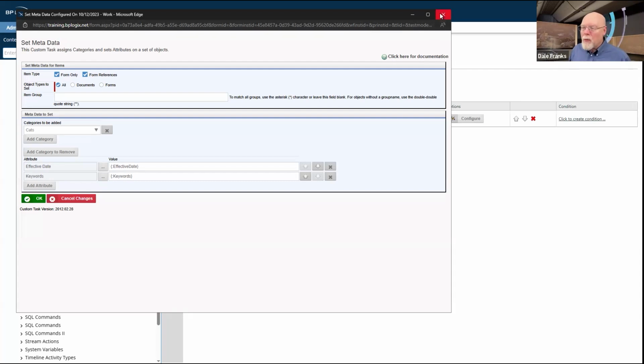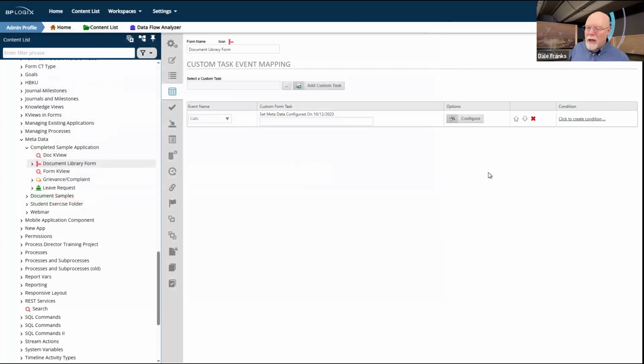So where do I run it? Well, I've chosen to run it in the form off of an event field. I could just as easily have chosen to run it in the process timeline itself so that at whatever the appropriate point I reached in the process timeline, it just ran the set metadata and it ran it. So it's sort of tricky to figure out for some of these where you want to run them.